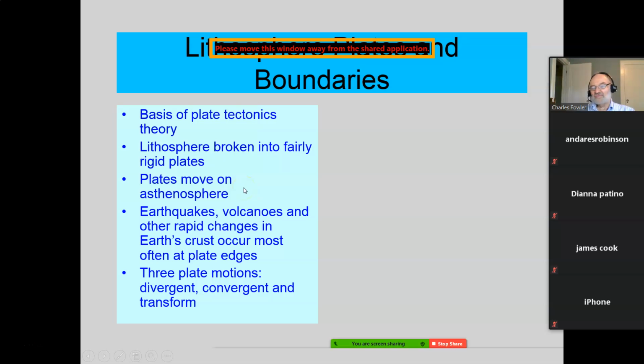Okay, but the plates move on the ionosphere. Okay, that's kind of what I've been saying. The plates move on this ionosphere. Remember, it's semi-liquid, elastic, and the plates can move, and they're not moving fast. No one's claiming they move fast, okay? And no one's claimed the plates are entirely rigid. They have some give and take in them, okay?